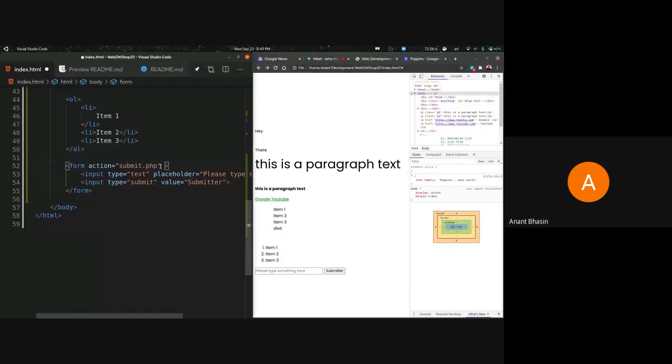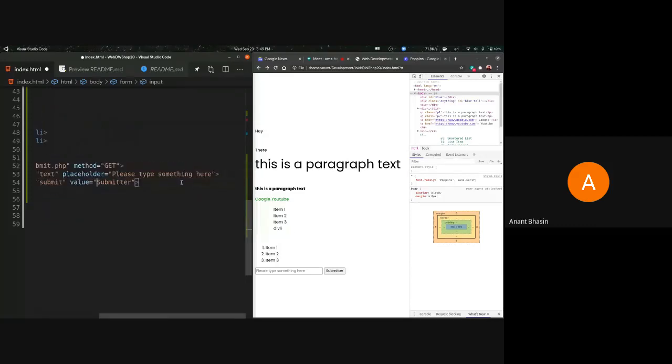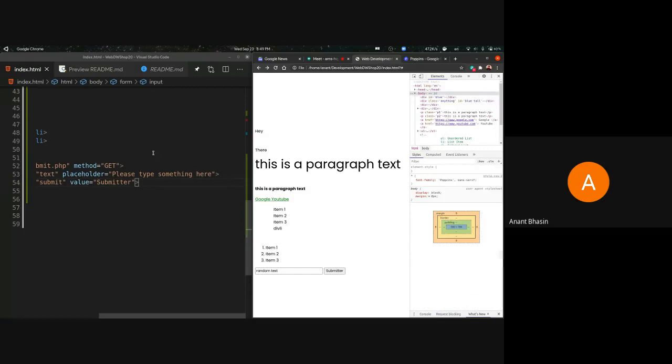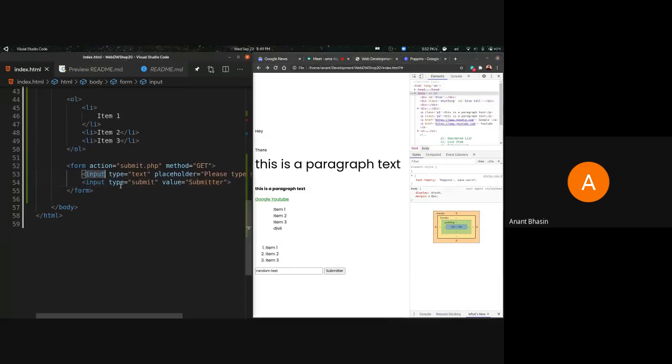Now, if I also specify the method, the method is going to be get. Let me save this, type some random text and submit. You can see that it's still trying to submit, but nothing is really happening. For inputs, what is also important is that we give them a name.